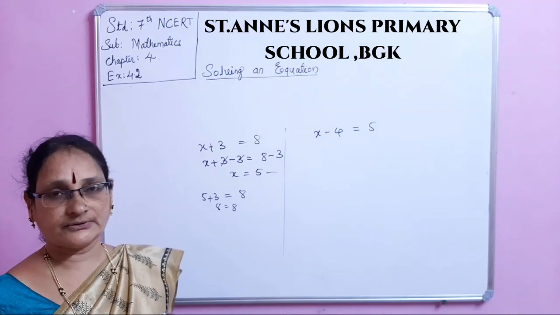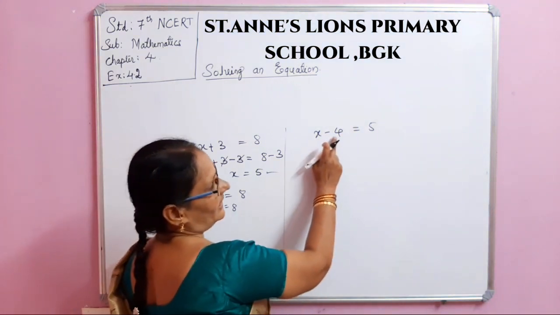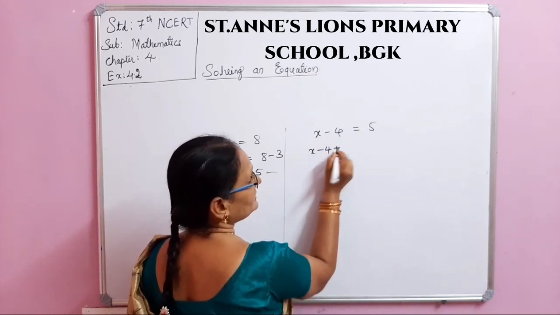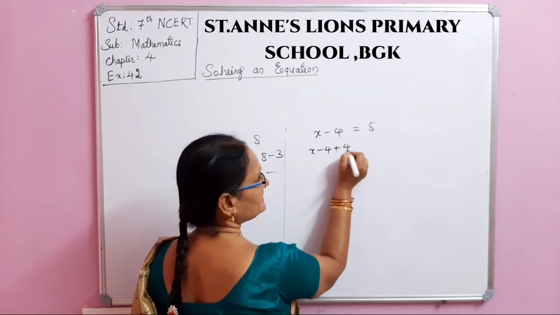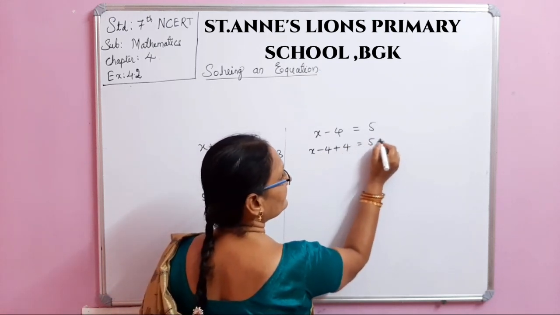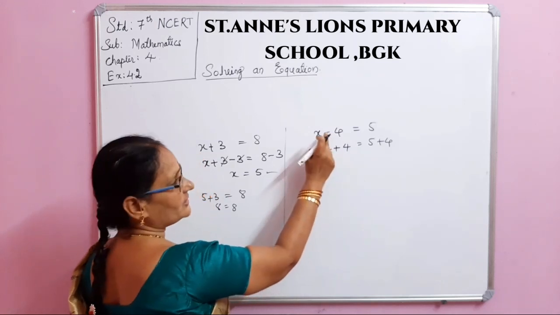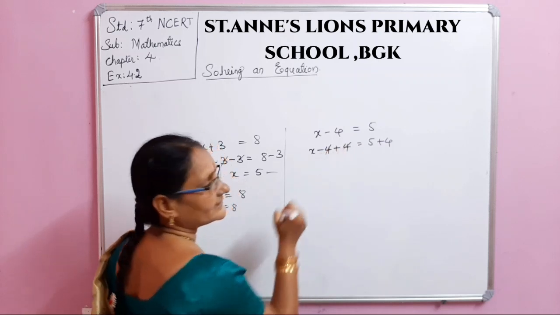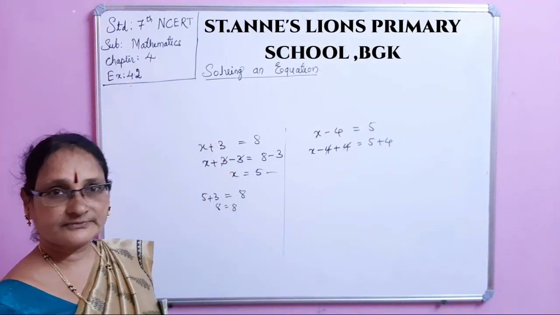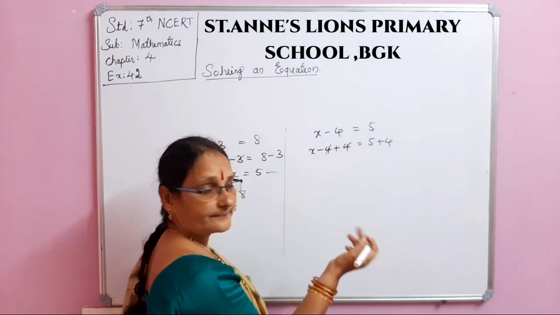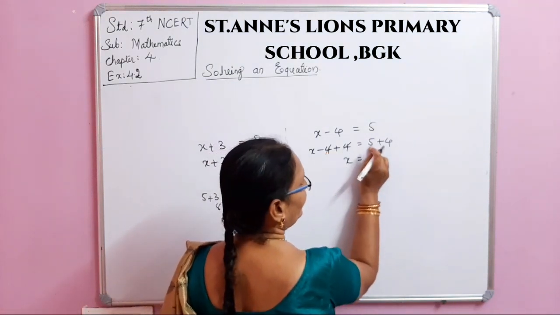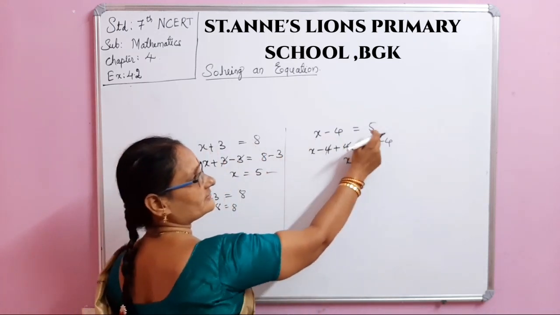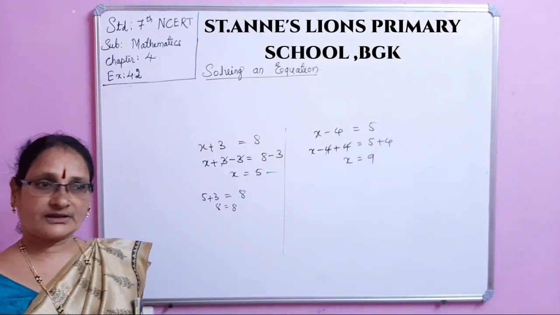Then what will be the x value? Now see here, along with the x, what is there? Minus 4 is there. So x minus 4, opposite of this, inverse of this, minus 4 is plus 4. Here also 5 write as it is plus 4. Why we have taken here plus 4? If it is here minus 4, we have to take here plus 4. Minus 4 plus 4 will get cancelled. They will become 0. So x plus 0 is x only. So here x is equal to 5 plus 4 is 9. Now in place of x you put 9. 9 minus 4 is 5. Correct? I hope you understood.